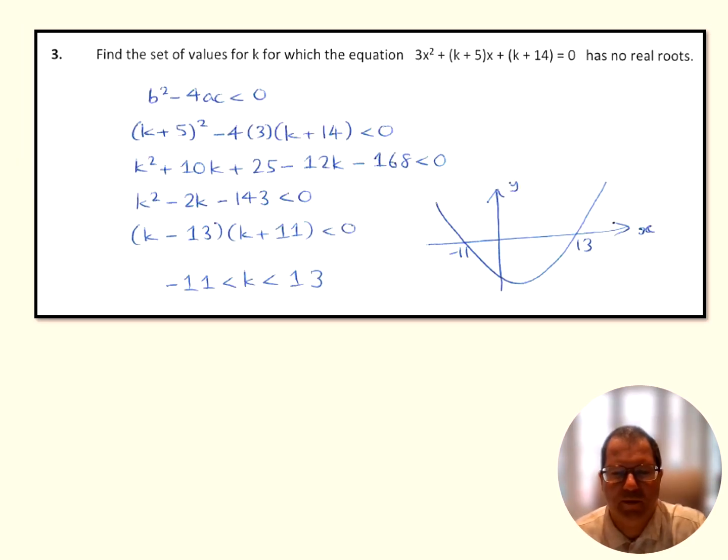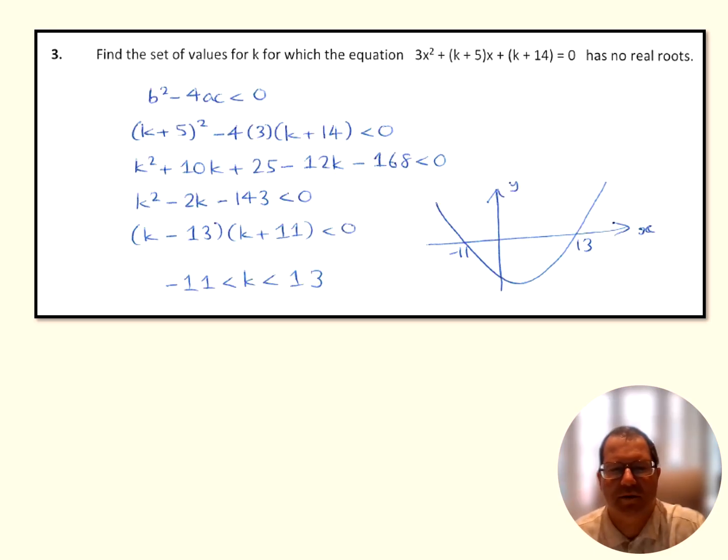This is question 3 from the preparation assignment, which may have confused you a bit, but here are the ideas. So we have this quadratic equation, which has k in it, and we're told that there are no real roots. So that means that b squared minus 4ac is less than 0. If we substitute in b as k plus 5, a as 3 and c as k plus 14, and put